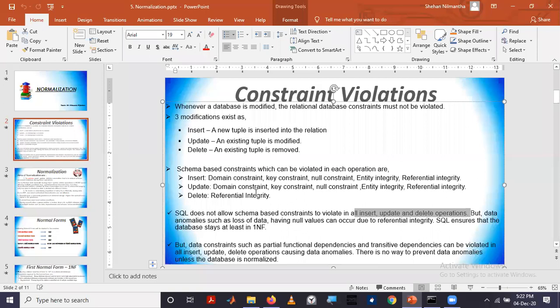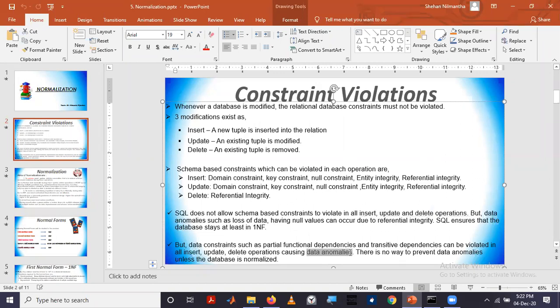So if such a data dependency constraint is violated, or any other constraint is violated, we call it an anomaly. Anomaly means it is not the normal way of occurring of data, so we call it a data anomaly.